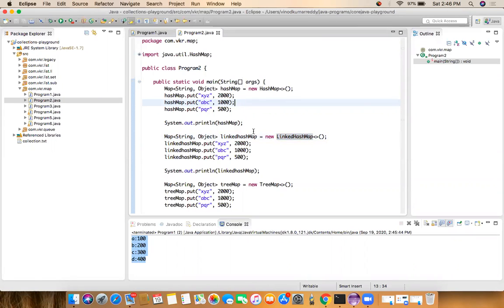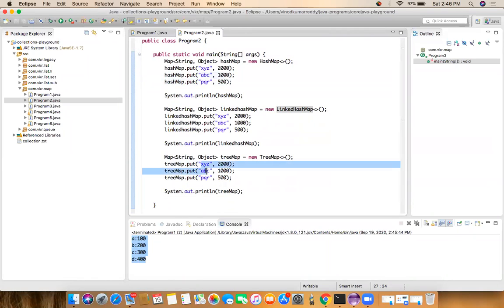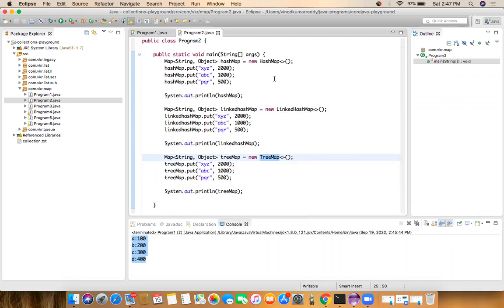And if you want the map's keys to be in sorting order, all the keys of the map should be in sorting order, so we have to use a TreeMap. We have here HashMap, LinkedHashMap, TreeMap. By using these three map interface classes, we'll get different functionalities.